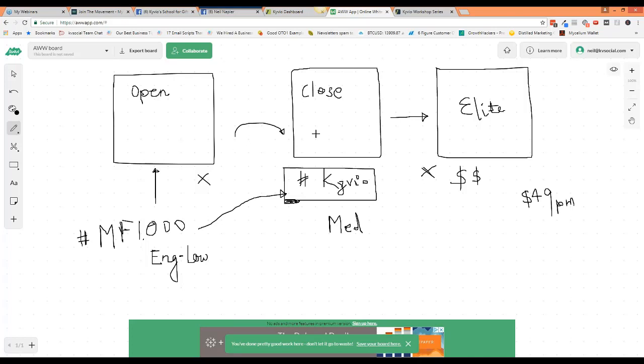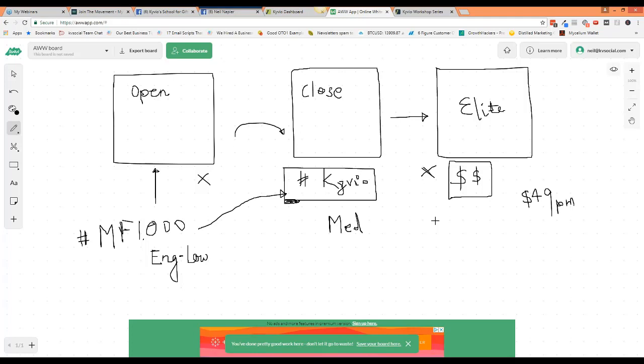Once we have the open community, once we have the closed community here with the Kyvio group, then what we're also going to have is people generating results, people making money. So when I have like 100 people interested, I can ask them, and I might ask them to pay something just so that I can get someone to be available and keep the group running, right? Someone to manage and make sure that anyone who posts something valuable, we make a note of it, stuff like that. So I might get those results